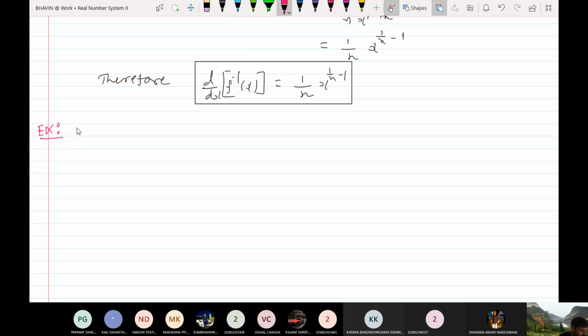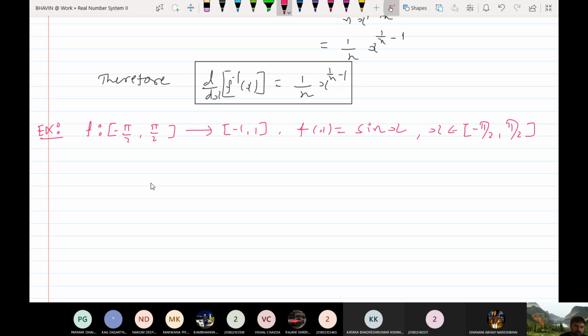So let me take another example. Consider function f from minus pi by 2 to pi by 2 to closed interval minus 1 to 1 and define as f(x) equal to sin x, x belongs to minus pi by 2 to pi by 2. We are trying to verify inverse function theorem. Okay,